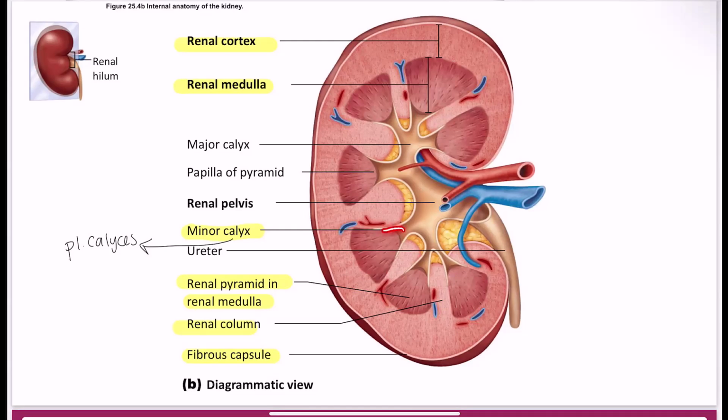So we have minor calyx, minor calyx, minor calyx, and all of those drain into this bigger part, which is called the major calyx, just like the bigger portion. All of the major calyces drain into this region here, which is called the renal pelvis. The renal pelvis is a big chamber-like bowl part. This region serves as a collecting cup for urine, and all of that urine is then passed into the ureter, which is the last thing, and that helps us leave